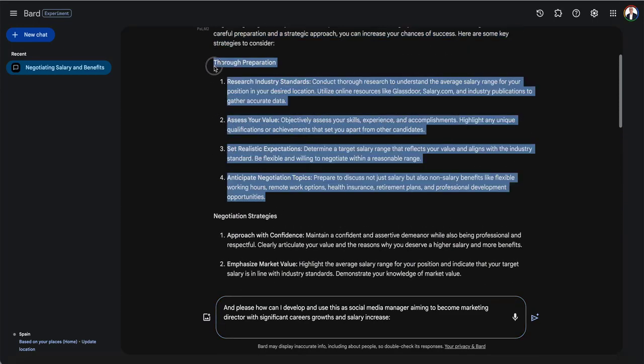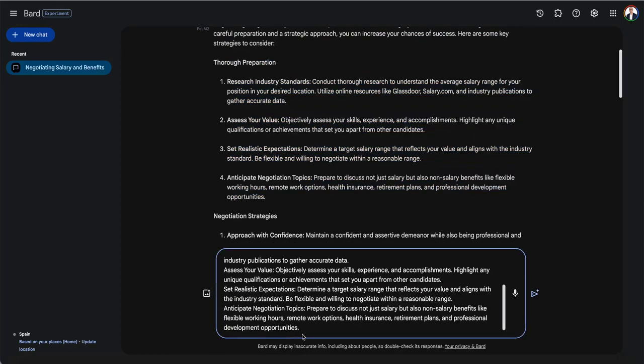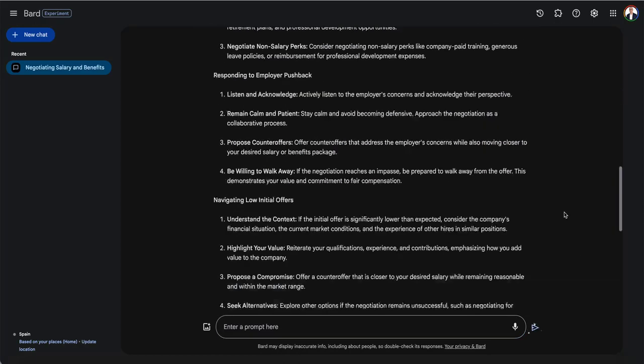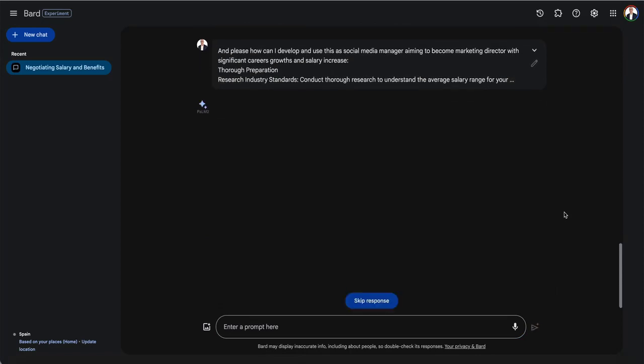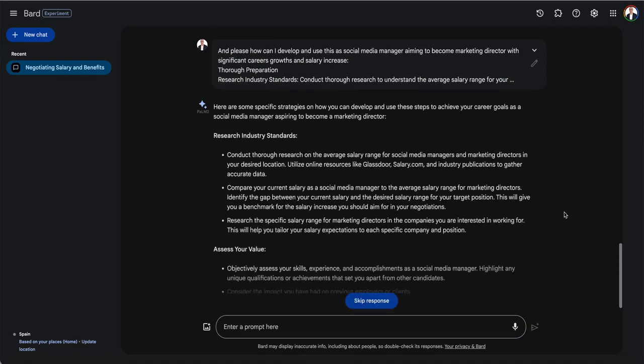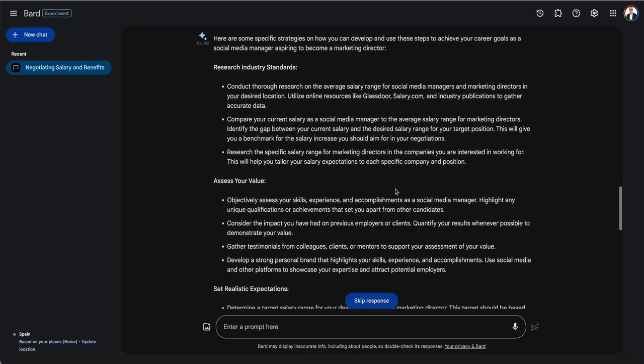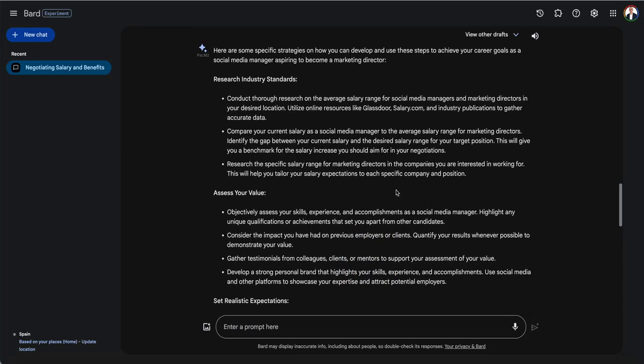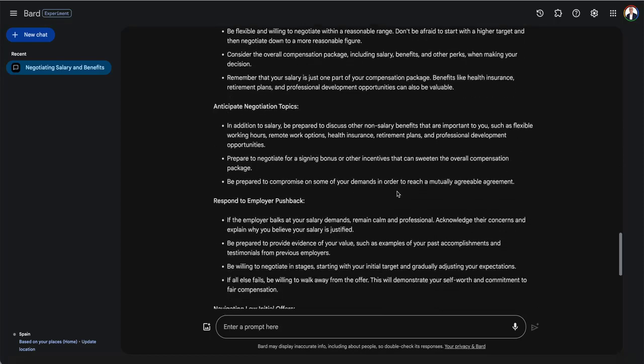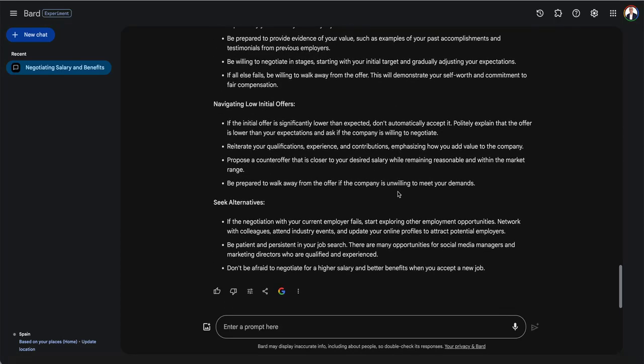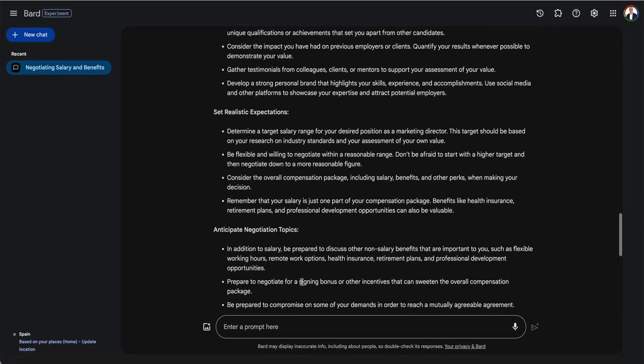This is really good. I'm starting to like some of the responses from BART. They're really clever, really good. It's also guiding us how to explore the salaries. This is really good. I really like the way it has been guiding.